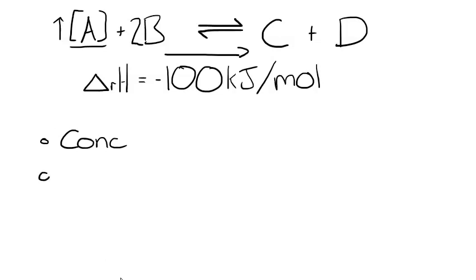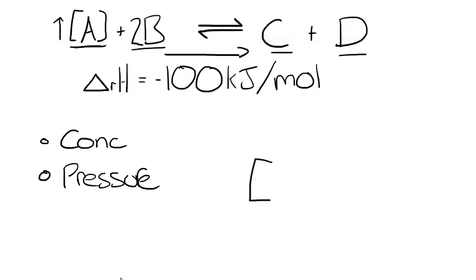We could also change the pressure. This will matter if we've got different numbers of moles on each side of the equation. In this case, see how we've got 3 different particles? We've got 2 of B and 1 of A on the left-hand side, and we've got 1 of C and 1 of D on the right-hand side. So this means that if we were to increase the pressure of a system, so let's say we had a volume that was that big and then we reduced it to that much,